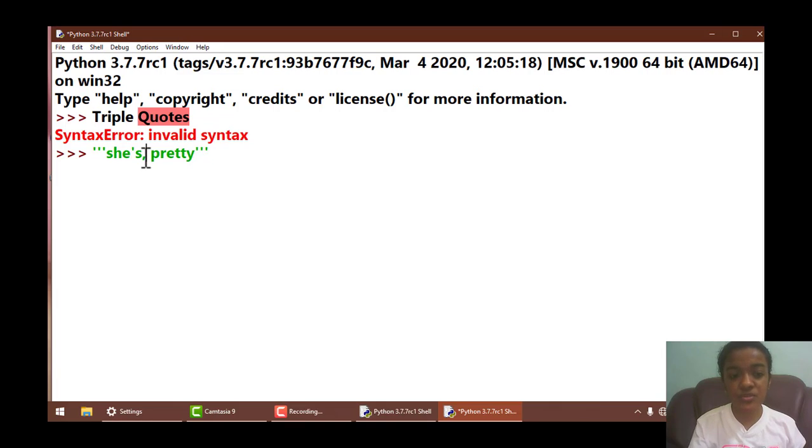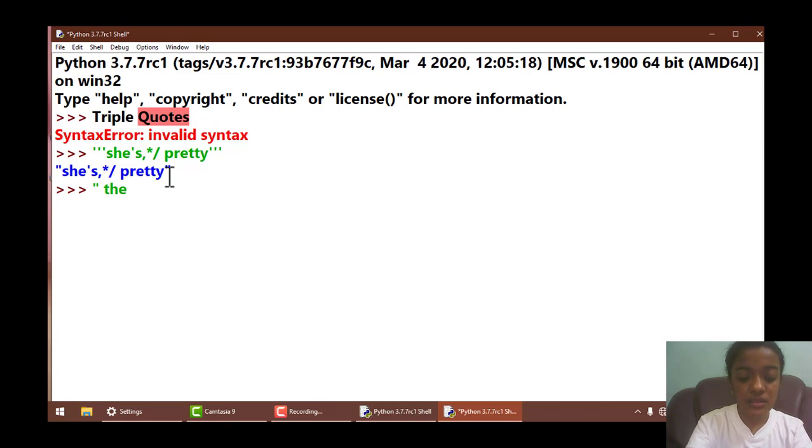You can even use commas in between. You can use anything, any kind of variations in between these statements. And if you use triple quotes in front and behind them and press enter, it will simply print the same statement as the output. So let's try another statement starting with double quotes, like "they said